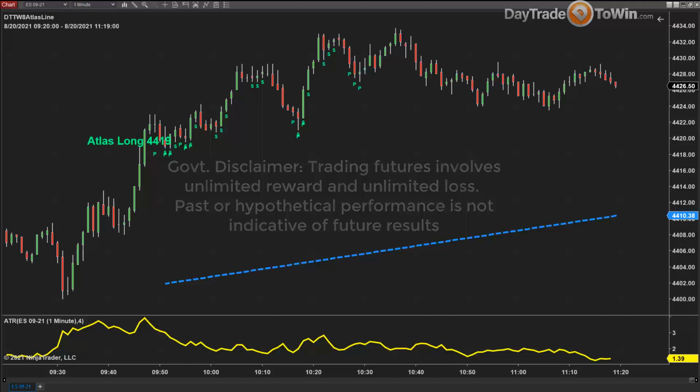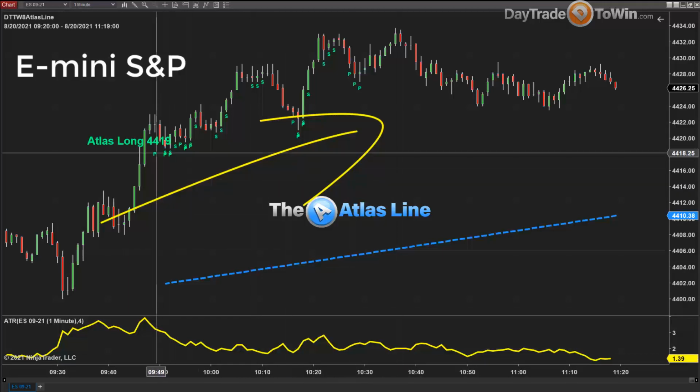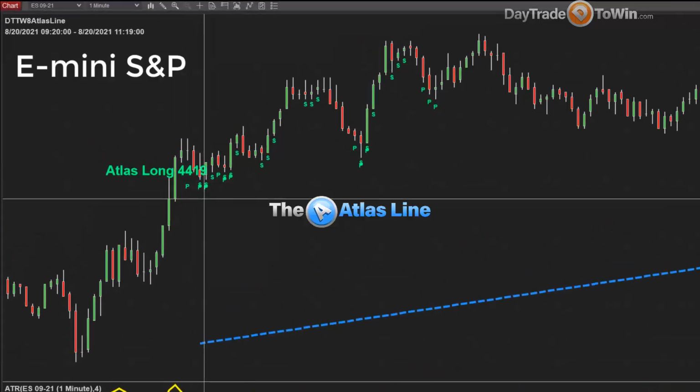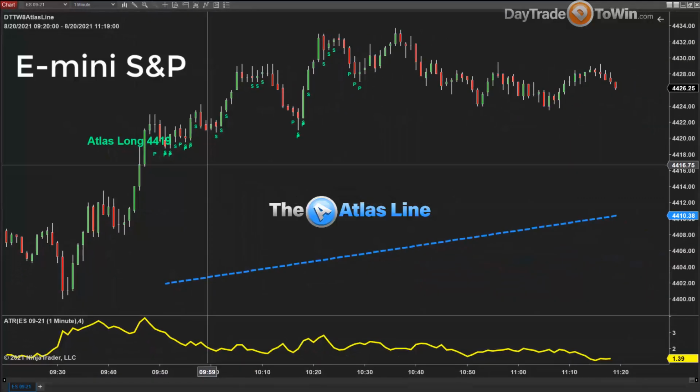So to begin, we have the Emini S&P, and this is a long trade. As you can see, the Atlas line here is this blue dashed line angling up, and it's telling us to go long the market. The Atlas line gives specific entries. 44.19 is that very specific entry to go long at that price, and then these P's and these S's are pullback and strength trades. So there's more opportunities if the market continues to go higher and higher with pullback and